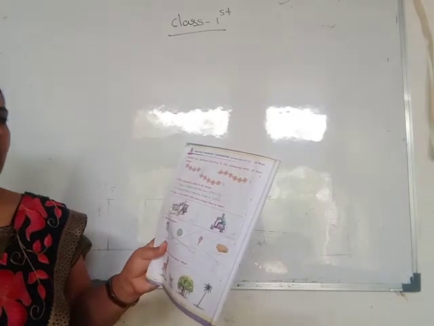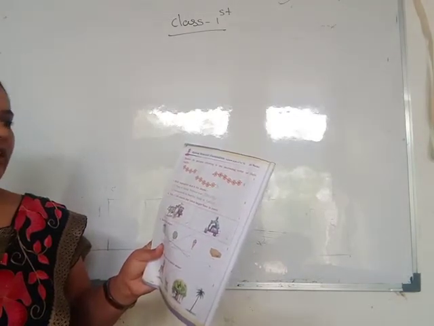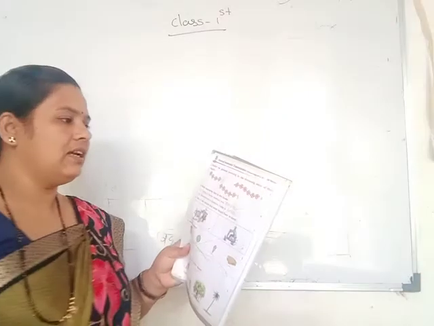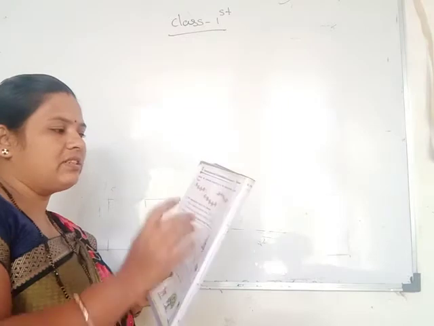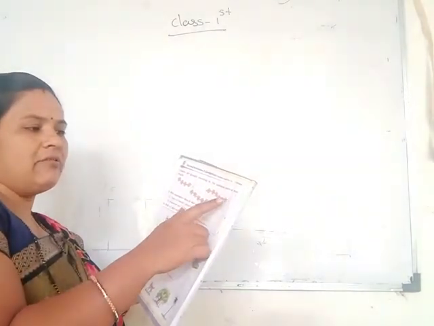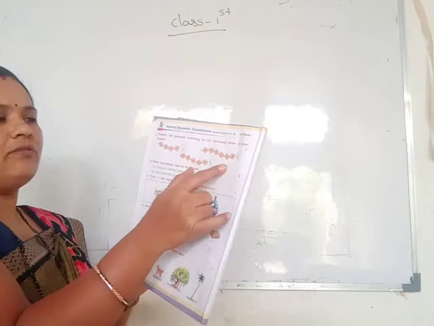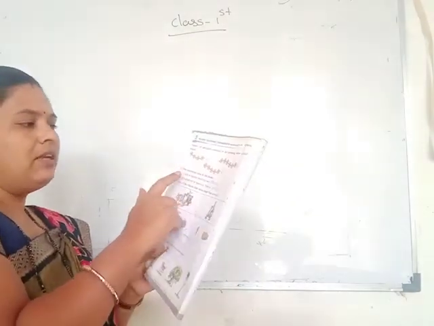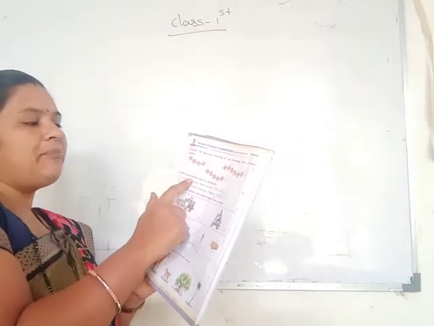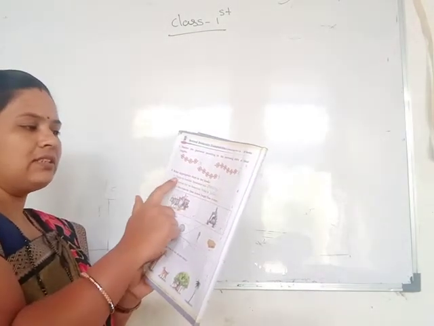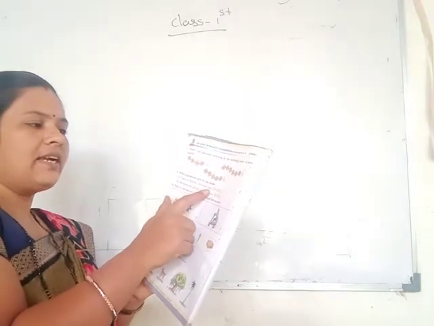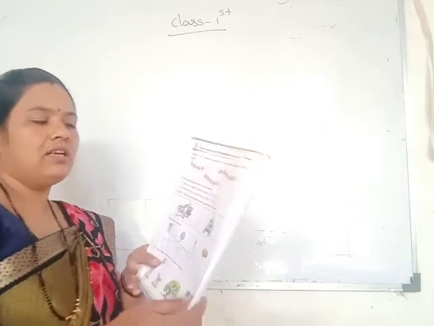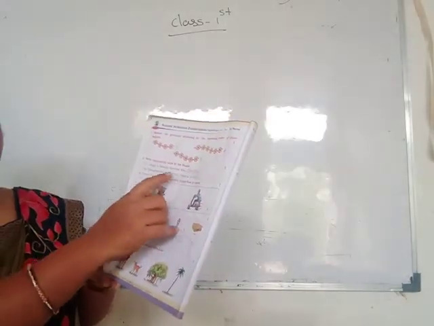Number the garlands according to the increasing order of their lengths. You do this number. First one you see here 4, here 5 and here 6. Then according to the order of these lengths means this first one, second and this third. Then second question you see, write appropriate days in the blanks. Today is Tuesday, yesterday was. Today is Tuesday. Then yesterday, which day was here? Monday. Then you write here answer Monday.